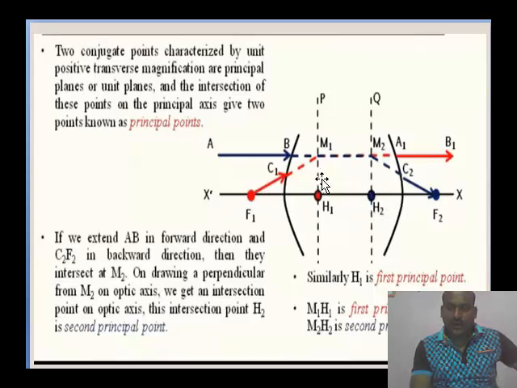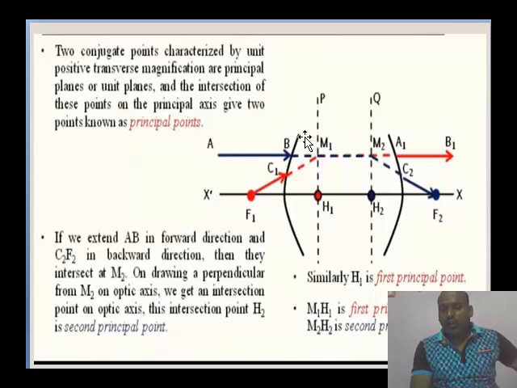See here, same here also, when the ray is incident and this extended part meets the incident ray's extended part, you draw the perpendicular line, and that is the first principal